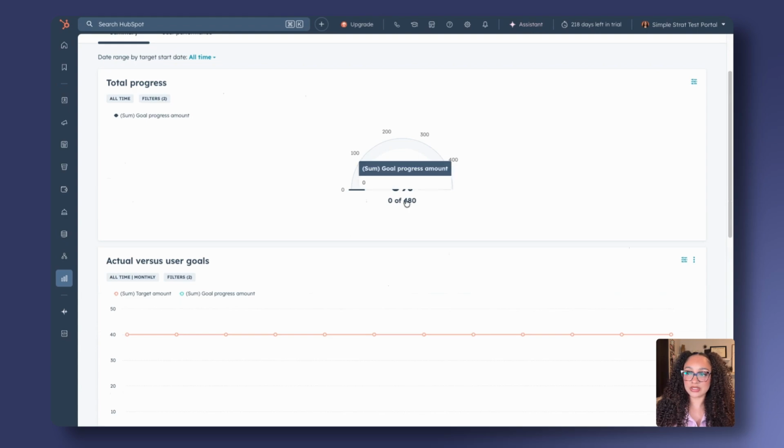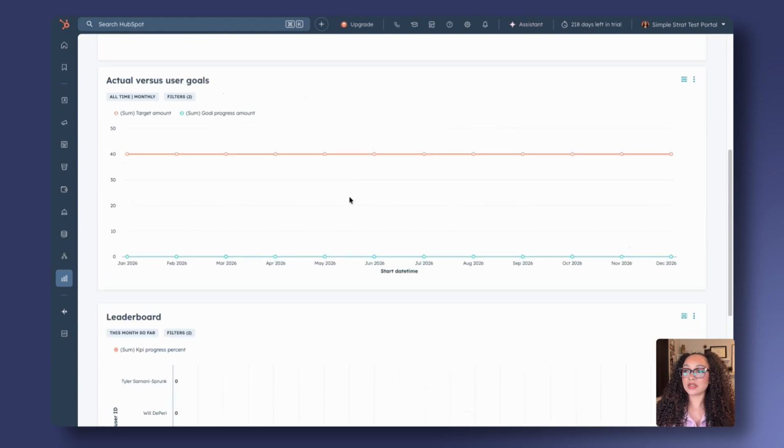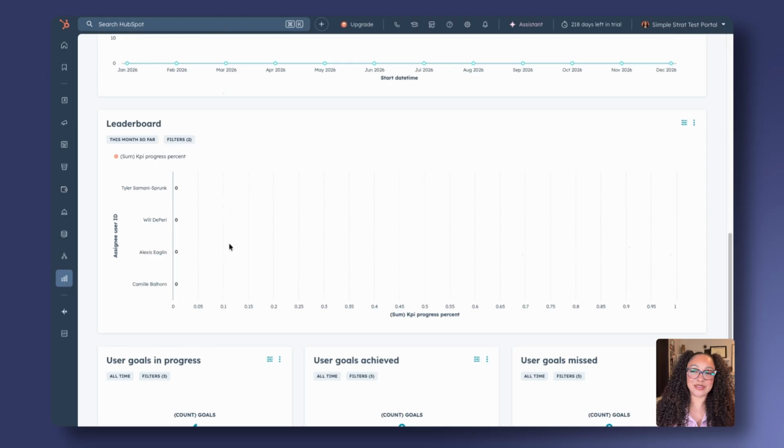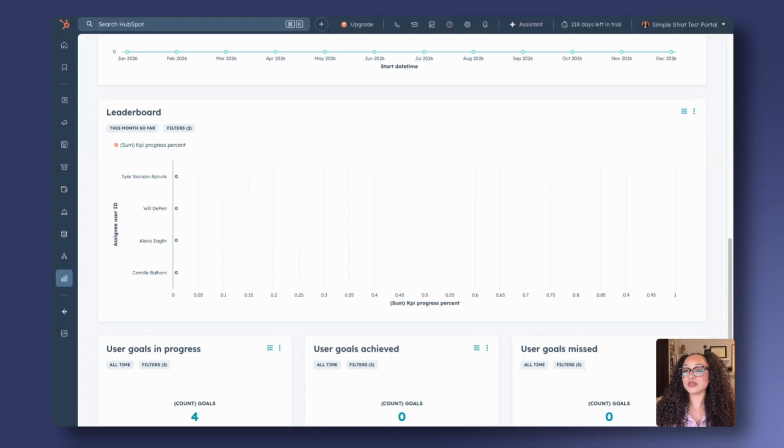It looks like a 480. We've also got a line graph option, so we are holding steady so far with our goal and 0 activities tracked. But of course, month by month, you'll be able to see those peaks and valleys and how we're hitting those goals. And then you also get a leaderboard, which I think is what most people are probably going to be going for to be able to keep their team active and wanting to use it,